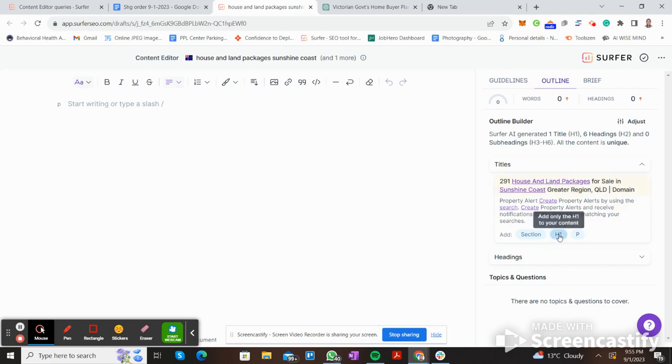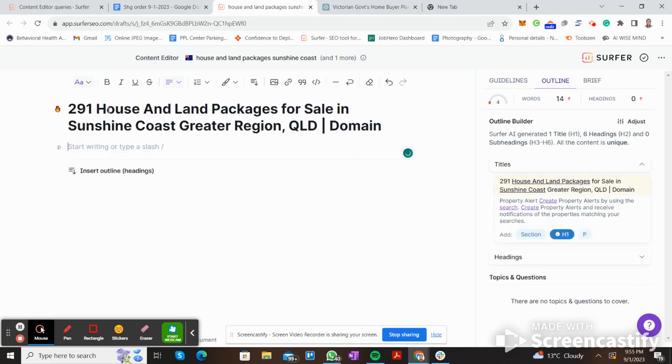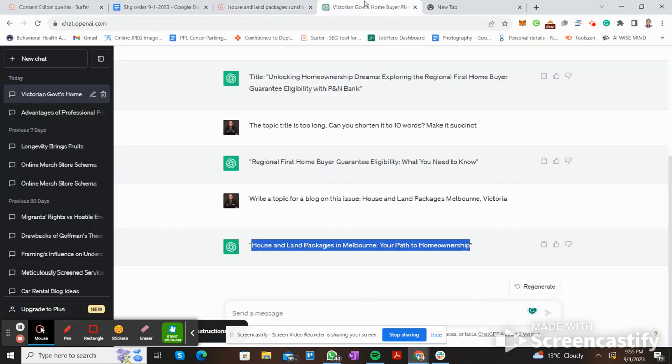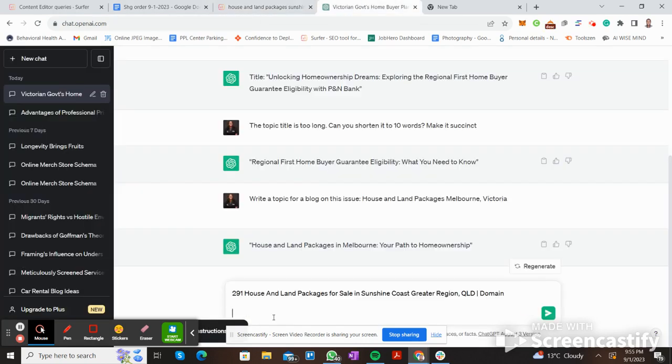So we want to take the H1. When you take the H1, if you look at this topic, it's very interesting because you don't want to write on 291 house and land packages for sale in Sunshine. You don't want to write on it. So basically, when you copy it and paste it here, of course, using that prompt, write a topic for a blog on this issue. So when you paste it here,